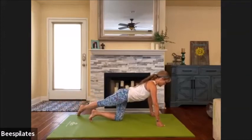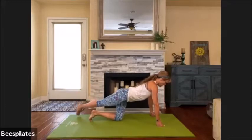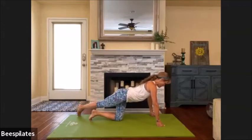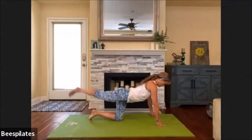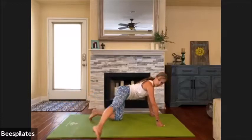Now squeeze the inner thighs and lift up and down. Tap. Try not to sink into the left hip. Make sure you're not arching your low back. Little lifts up and down. And 5, 4, 3, 2, hold that leg up, open it out to the right, look over to it, tap